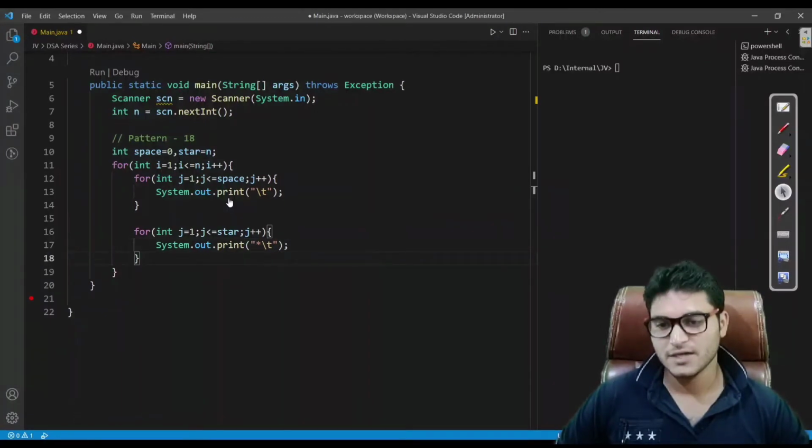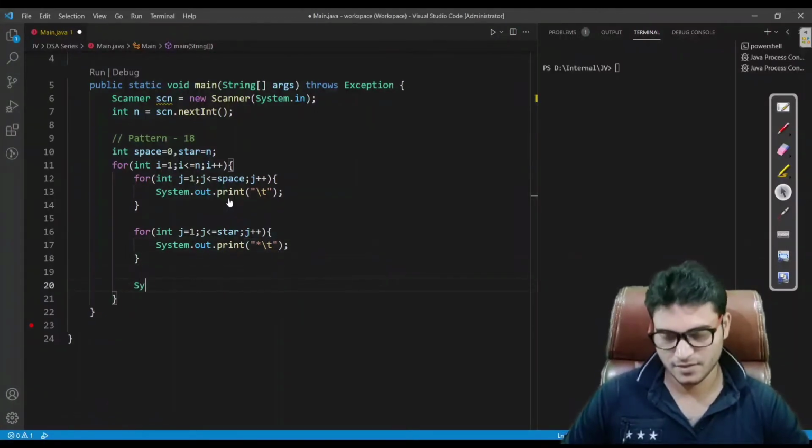So this would print stars and spaces, and in each row we have to break a line also,